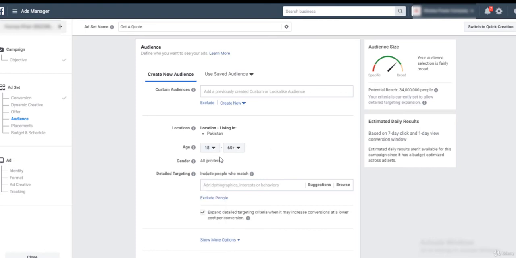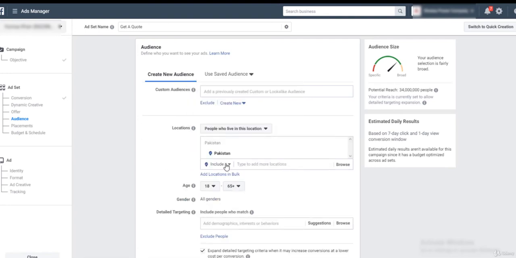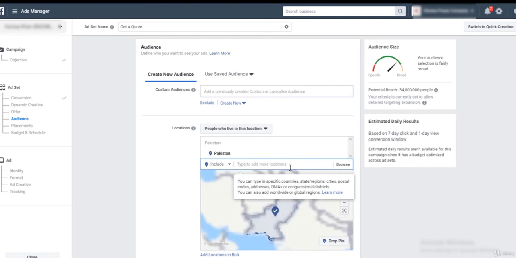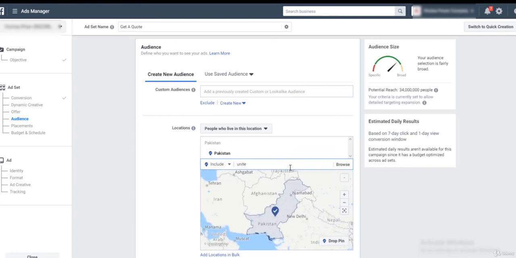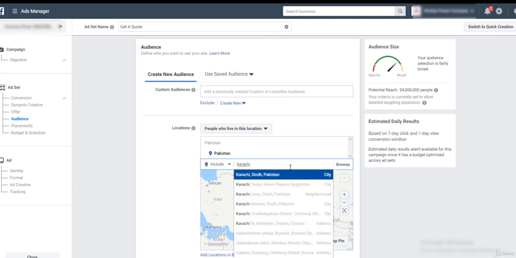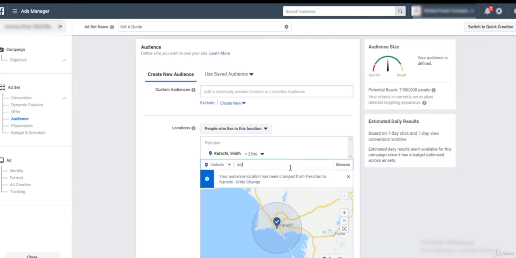But if it's a new campaign, I'd suggest that you don't put any age barrier and see what kind of results you're getting after you spend around $20, right? And depending upon that data, after analyzing that data, you can make changes to your ad. And obviously there's this part of location, depending upon where you are. I'm going to target a specific city. It's Karachi. It could be in whole province,